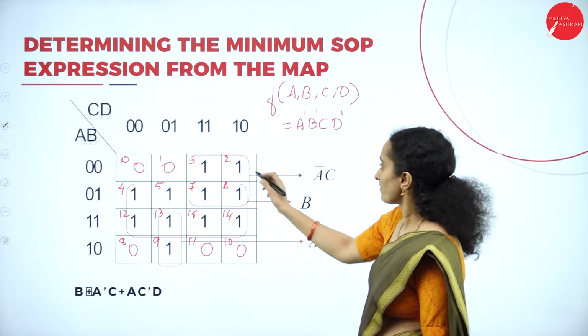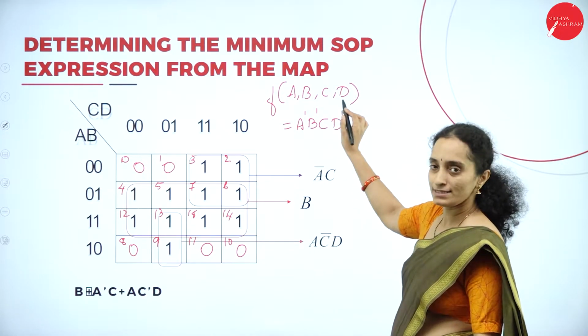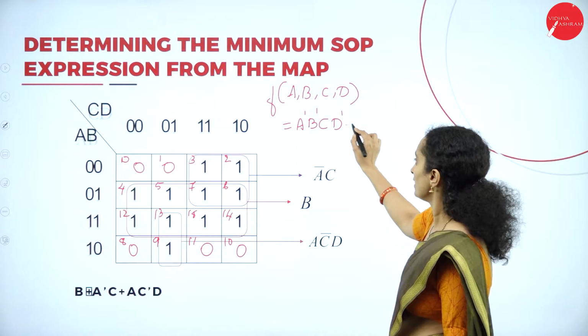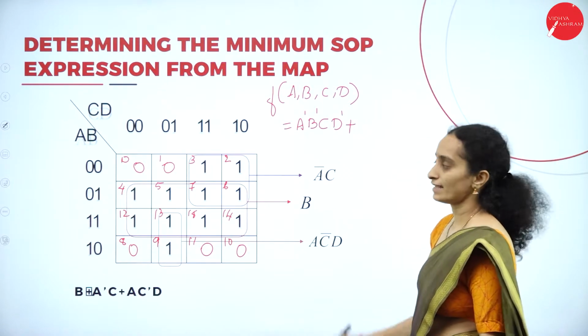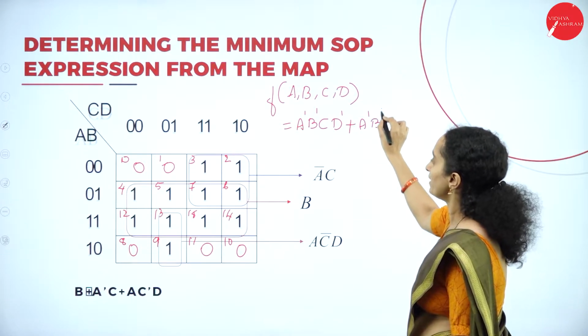The first value is 0, 0, 1, 0, a dash into b dash into c plus d dash. Next we have a dash, b dash,